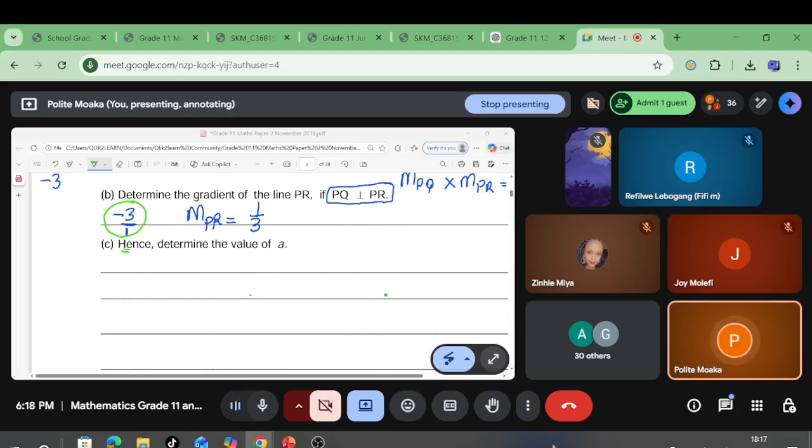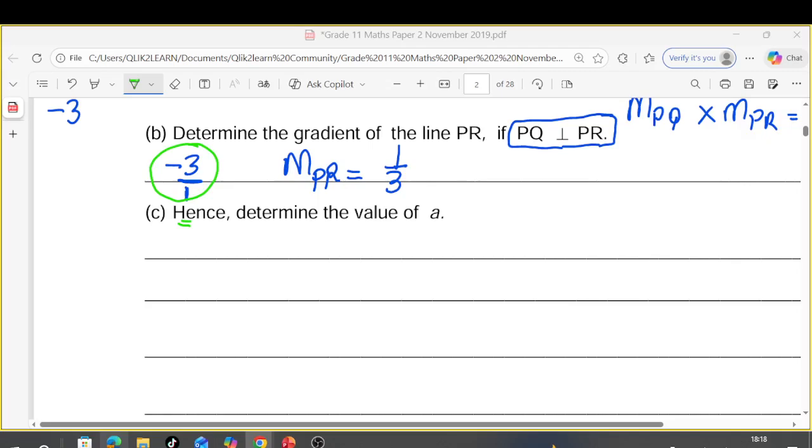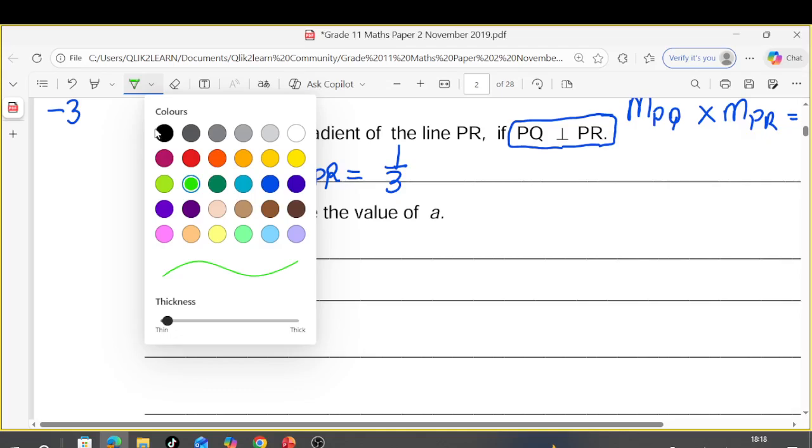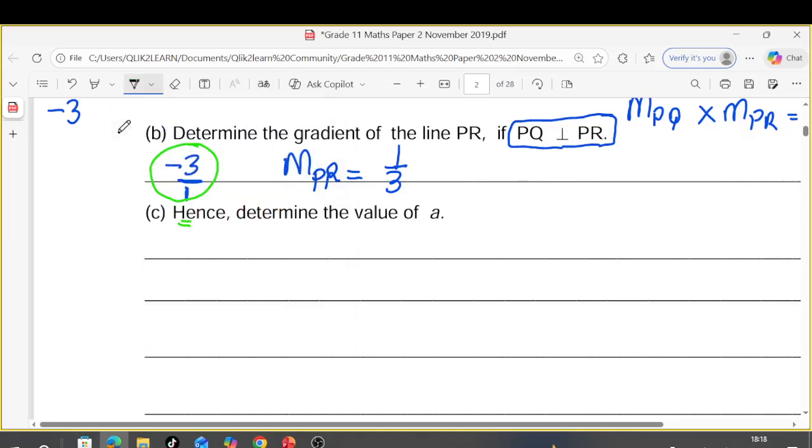So they want us to use 1 over 3. You need to ask yourself, what is 1 over 3? 1 over 3 is the gradient of PR. So you're going to use whatever we have. You need to ask yourself, what do we have now? Okay, so now we are looking for the gradient of PR,